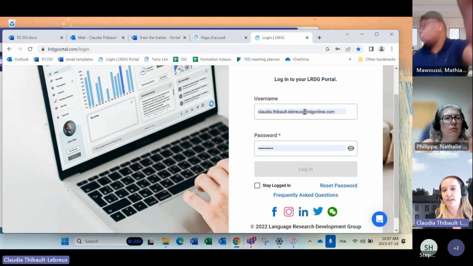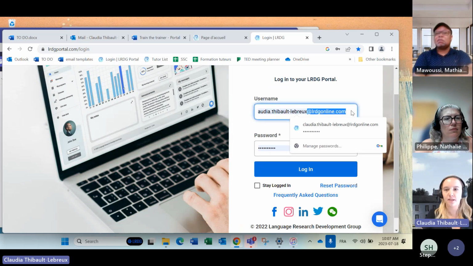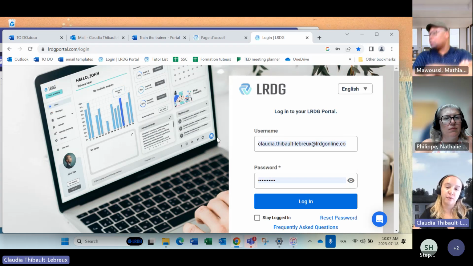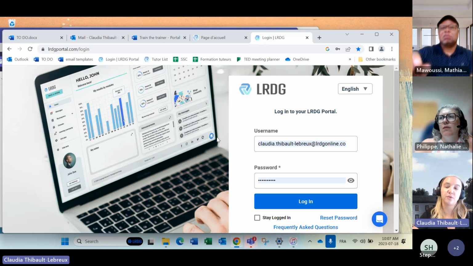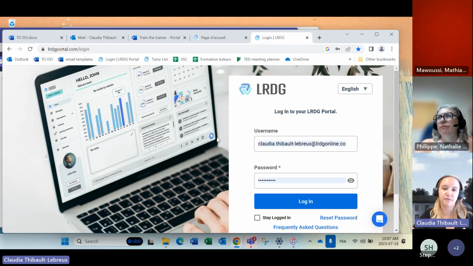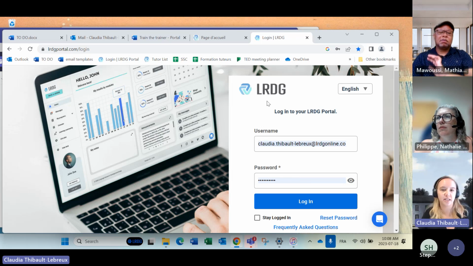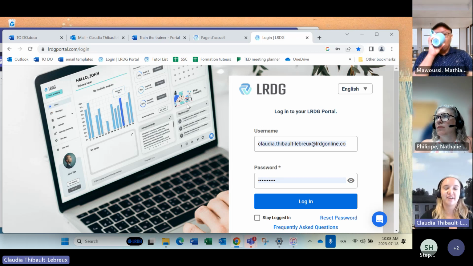You will possibly have an LRDG online.com email. Otherwise, there will be a registration form sent to your email, the one that you'll be using for the purposes of your work with us. So basically, you will receive a quick form. You have to put in your info when you create your own password. So we don't create that for you. If you don't have one yet, it's just a quick question of creating it. Junavel, I think, is your account manager. She will be overseeing the technical side, and she will make sure that you receive the link to the registration